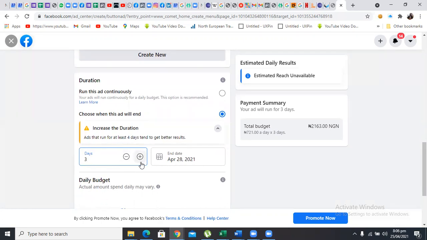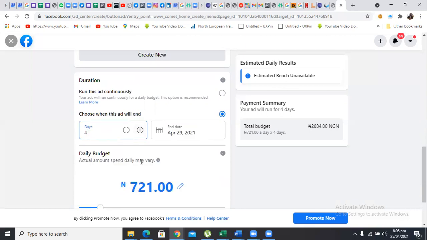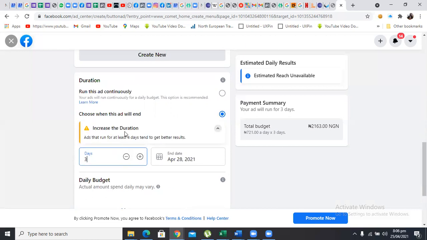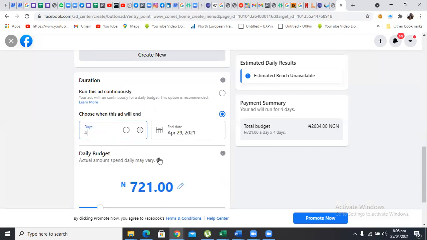Most times, once you post your ad, it will go under review. Sometimes it takes 24 hours to go under review. And if you say 3 days, that means one day has already gone, and you just have 2 days. And they will still charge you the same amount of money that you have specified. So most times, always set your ad to start at 4 days and you don't have any problem. And of course, whenever you see anything like this, any yellow or red, that means there's an error somewhere. Always correct them and you move on.